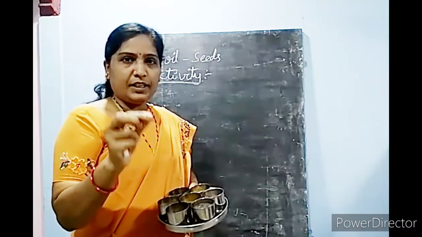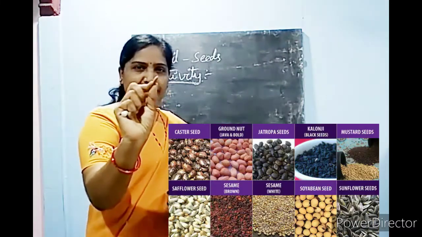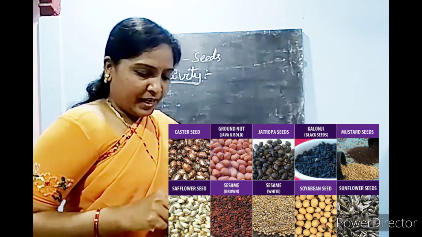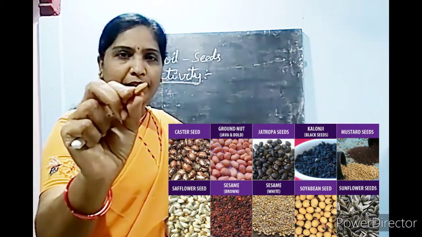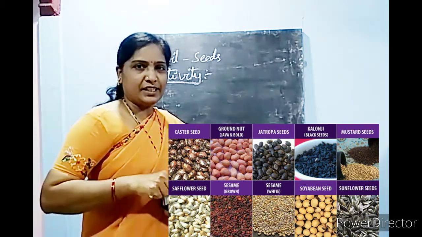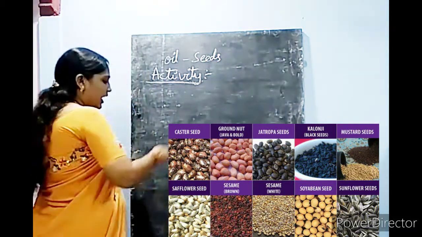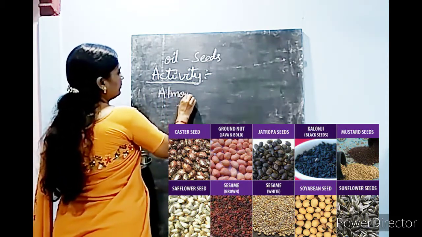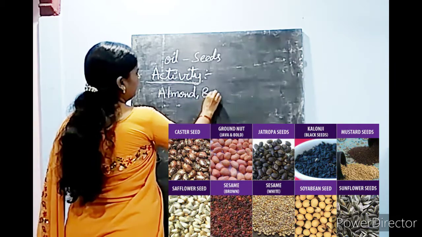Which seed is it? This is badam. And dry fruits along with badam. What is the other seed we use in our sweets? Yes, that is almond. So almond and badam